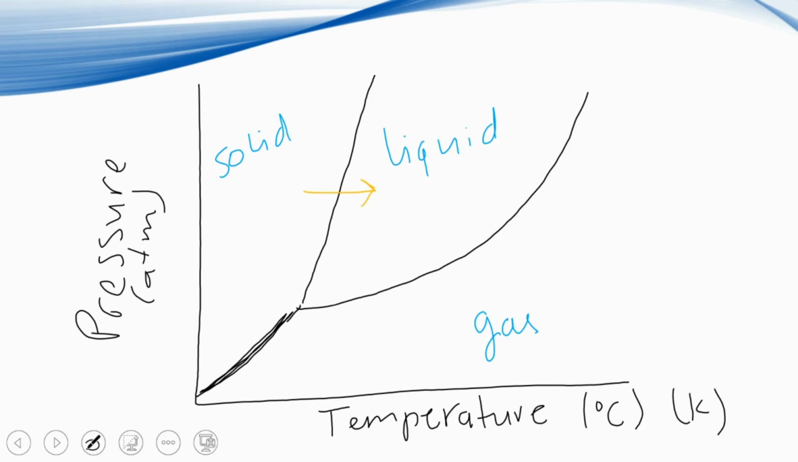And every single point that falls on this line between solid and liquid represents melting, that equilibrium between solid and liquid. When we go backwards, so we are doing an exothermic reaction, when we go from liquid to solid, we have freezing. And again, every single point that falls on that line that separates solid and liquid represents the freezing point at different